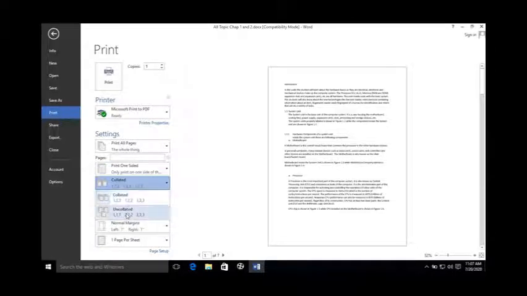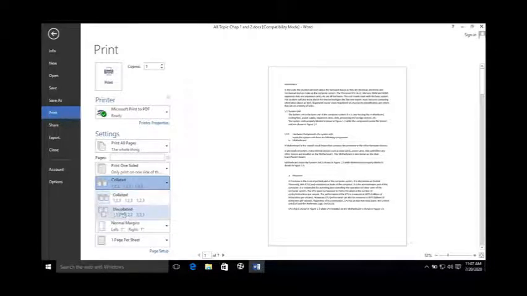Collate or uncollate. Collate means that whenever we are making multiple copies of the same document, this collate option may be used. Collate means that it will print page 1 2 3, again 1 2 3, again 1 2 3 if you are making multiple copies.